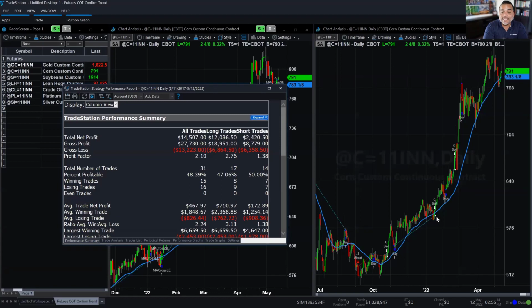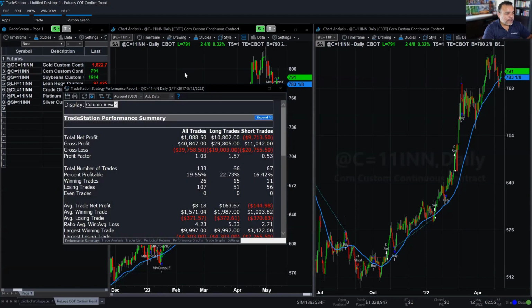By the way, the exit is all based on a turning in the Commitments of Traders net position for the non-commercials. So if you're in a long trade and all of a sudden their net position drops, then we're going to get out. So that's why it got out before the trend finished, but it got in again, it got out, it got in again, and then it got out. So you see multiple, separate trades. It is trading differently, but it is using Commitments of Traders to filter those trades. This is corn, by the way.